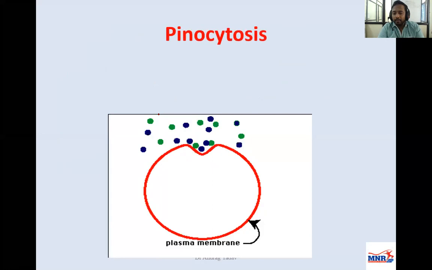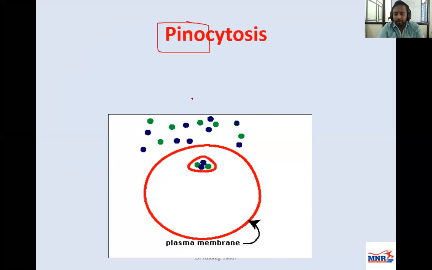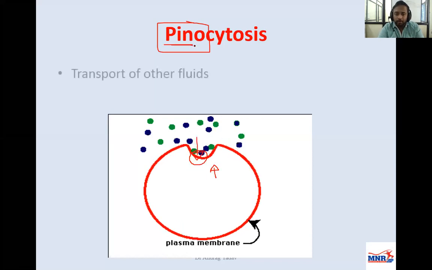They are majorly of two types. One is called pinocytosis, meaning drinking. For example, water molecules moving inside the cell. You can see in this picture, there is pinching out. The plasma membrane is making a pocket, and then again it pinches out in such a way that it forms a small vacuole or vesicle. So it is engulfing the water molecule. Pinocytosis means transport of fluid into the cell by the endocytosis procedure.